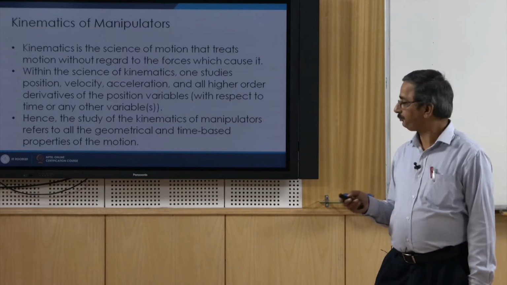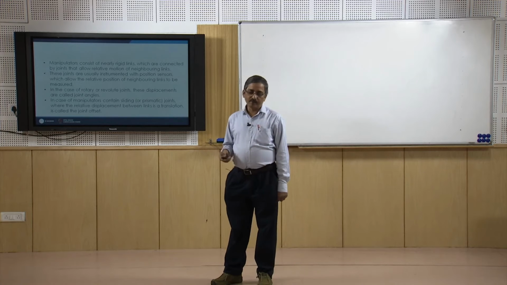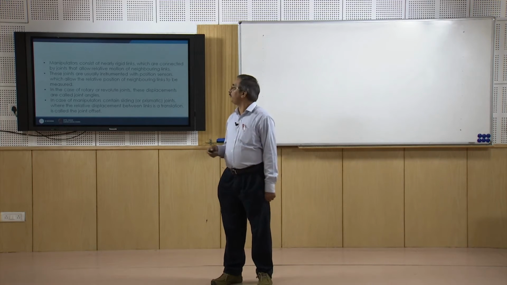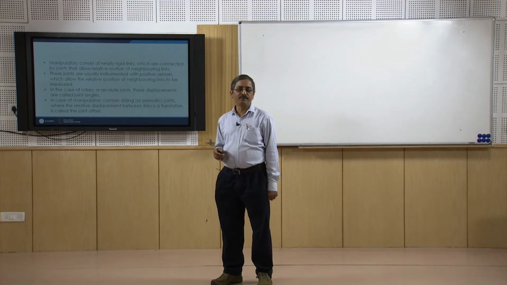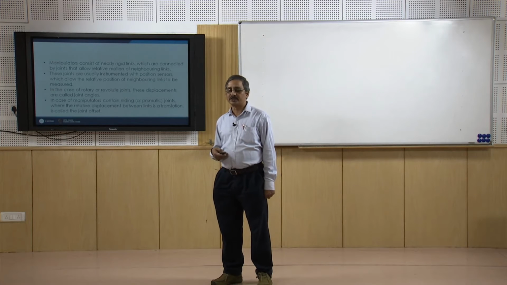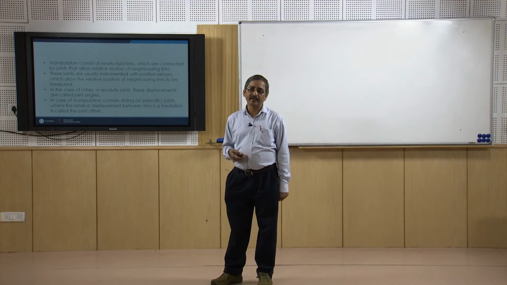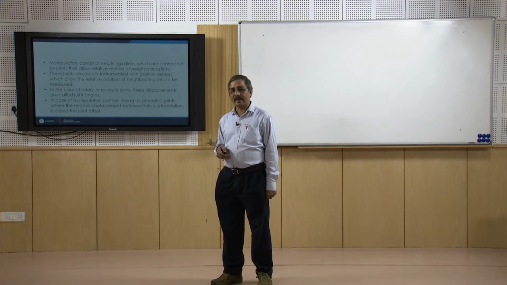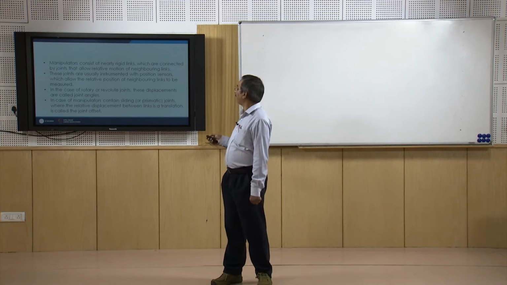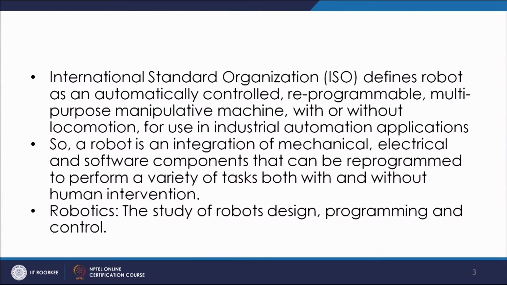the motion. Now, the manipulators which I am going to discuss here, we assume that they are rigid links, because if manipulator links are not rigid, they are flexible, a different treatment needs to be given in order to take care of the flexibility of the manipulator. That I am not going to discuss with you today. So, here the manipulator consists of nearly rigid links which are connected by joints that allow relative motion of the neighboring links. So, this is the assumption we are going to make in this